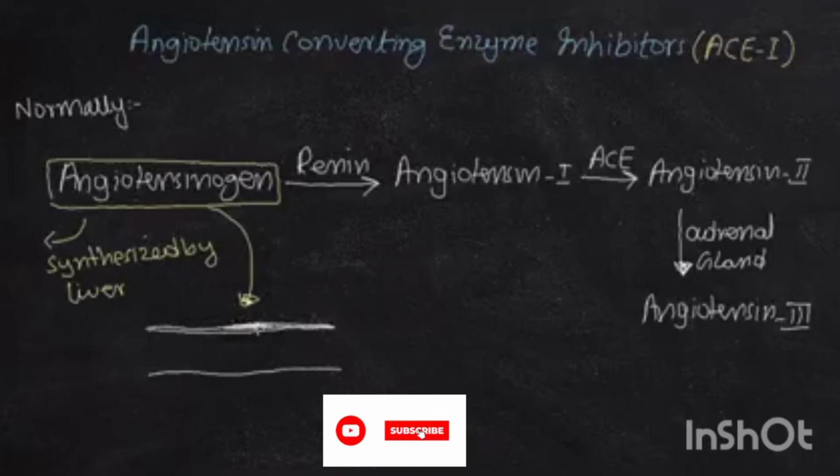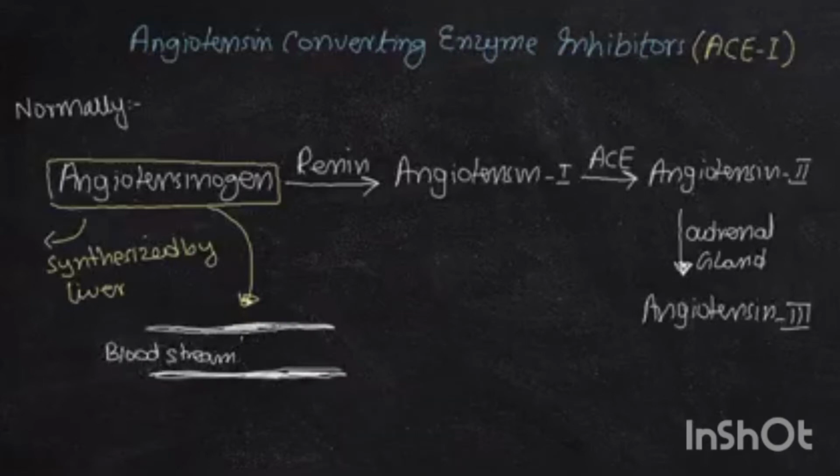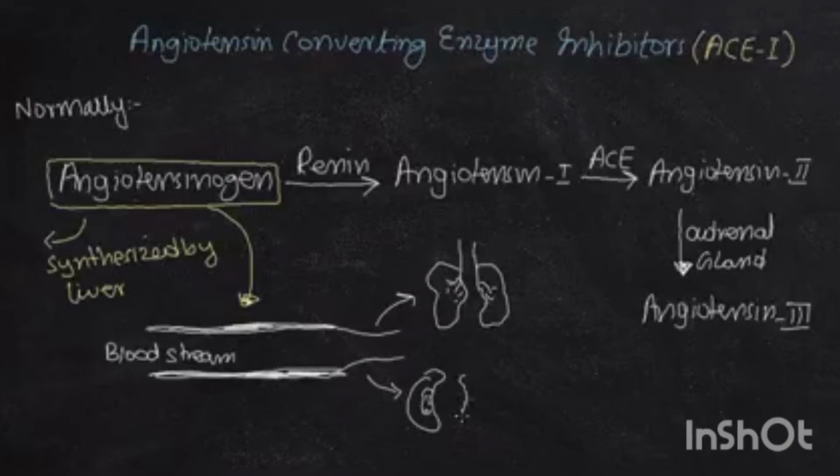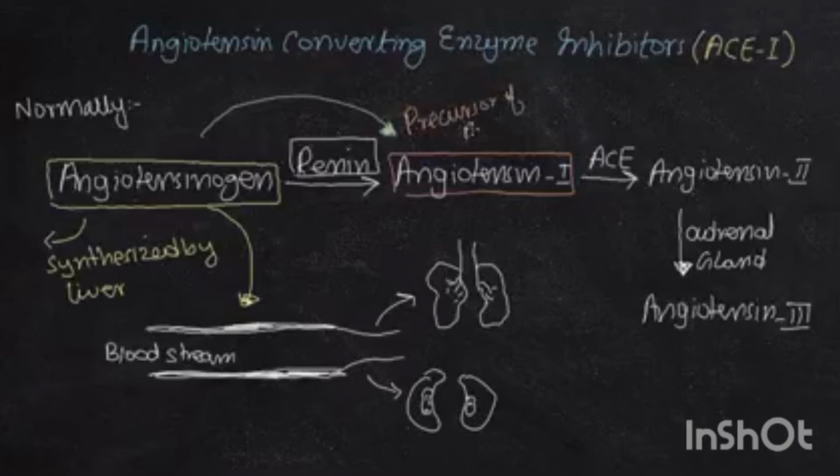bloodstream. Whenever the blood pressure drops below the normal level, angiotensinogen, which is synthesized by the liver, is transferred to the bloodstream and flows throughout it, reaching other bodily organs like the lungs and the kidneys. In the bloodstream, the enzyme renin, which is produced by the kidneys, is responsible for the conversion of angiotensinogen into angiotensin 1. This angiotensin 1 has no real pharmacological or physiological action, but it is considered the precursor